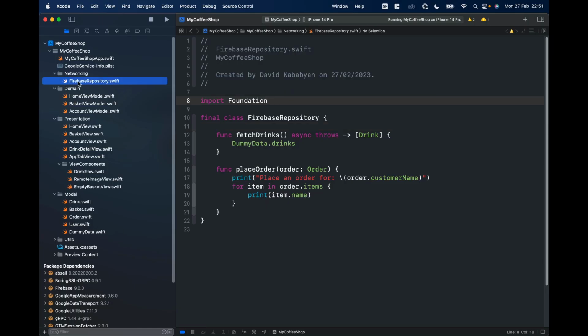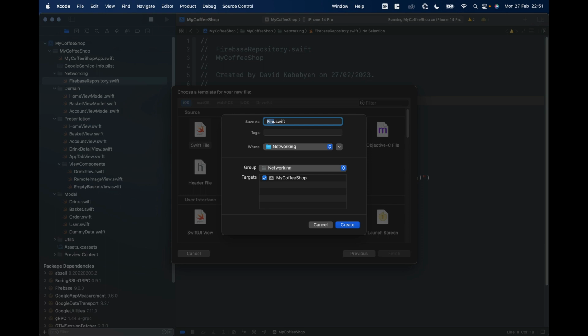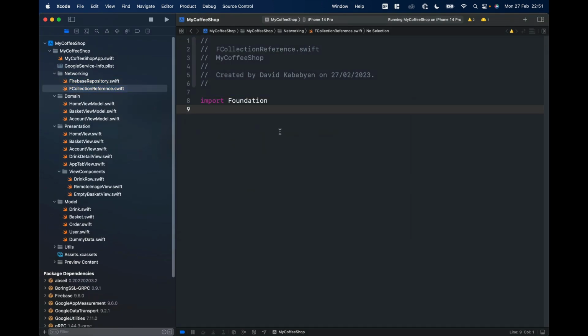So whenever I use Firebase, I always like to create some kind of helper enum that is actually setting nice links to the Firebase. So let's create a new Swift file. I will call this Firebase, let's call this F collection reference. So it's Firebase collection reference, which, depending on what we want to save, we will have an enum here, F collection